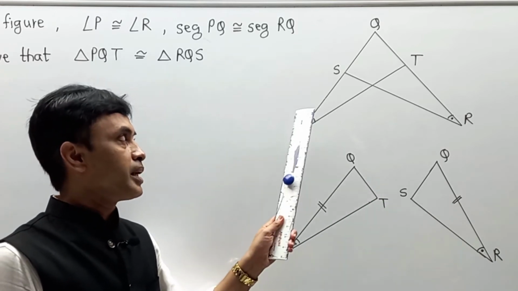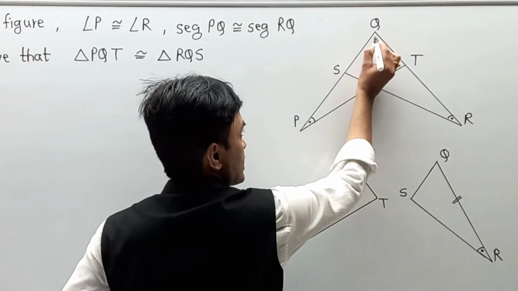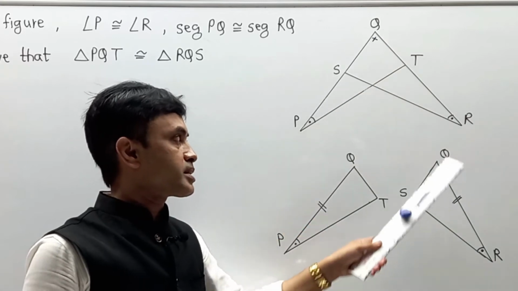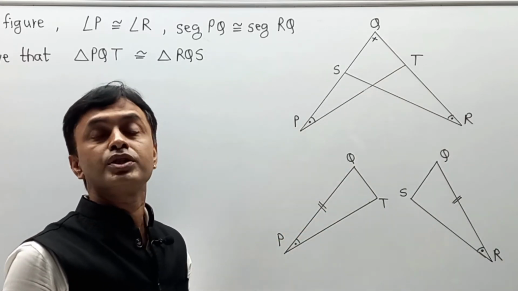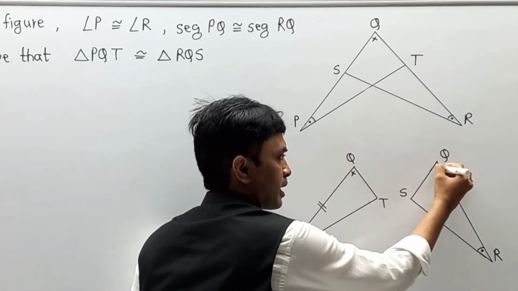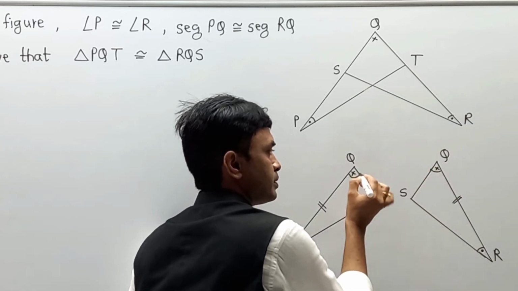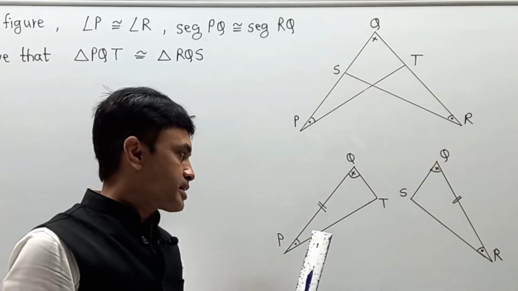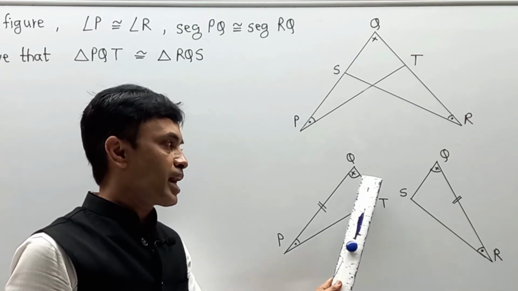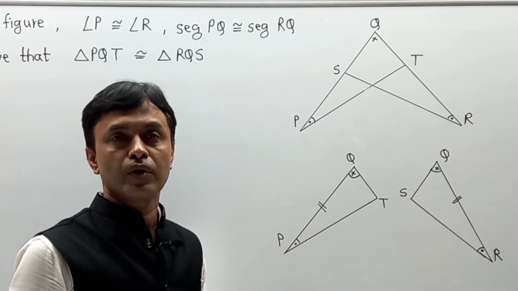And remember, in triangle PQT, this angle Q is congruent to RQS, because it is common angle or same angle. Means naturally we can say that this angle and this angle is congruent angles over here. Naturally we can say that first triangle is congruent with second triangle by angle side angle. Angle side angle means ASA, test of congruency.